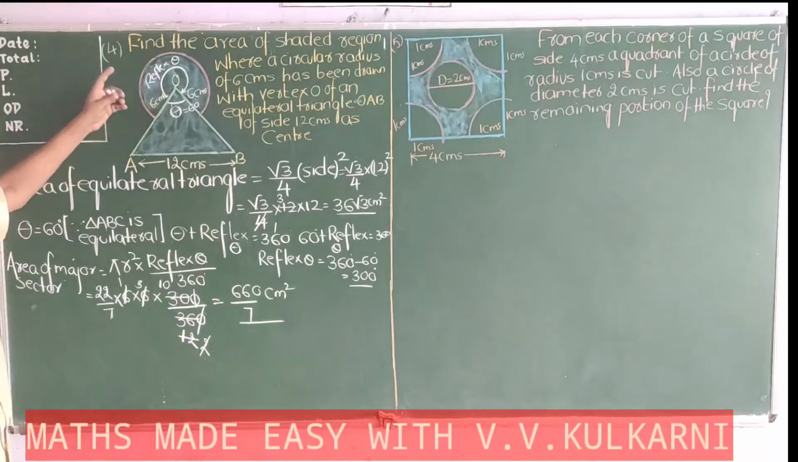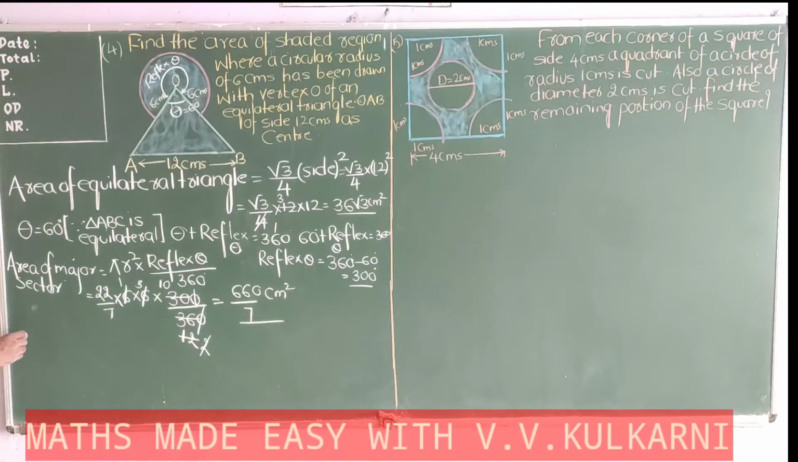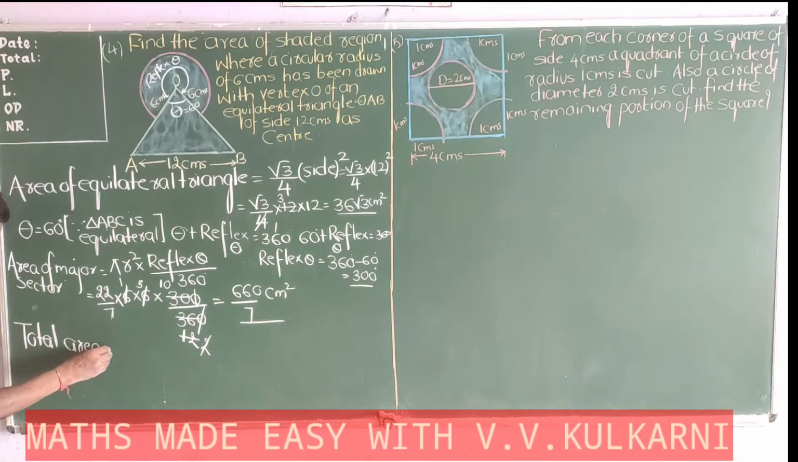Now you want the total area. So total area of the shaded region is equal to